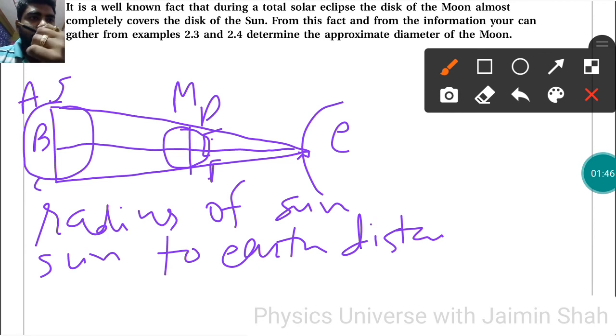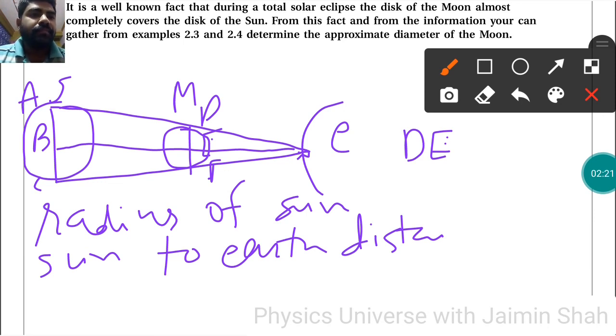Now the question is the approximate diameter of the moon. So we have to find the diameter, but before that we have to find the radius, meaning DE or EF, right? So DE or DF, DE is the radius. Now how can we get DE? So basically here are two similar triangles. Why? Because the angles are always the same in both triangles. Which triangles? Now I am writing the names, right?